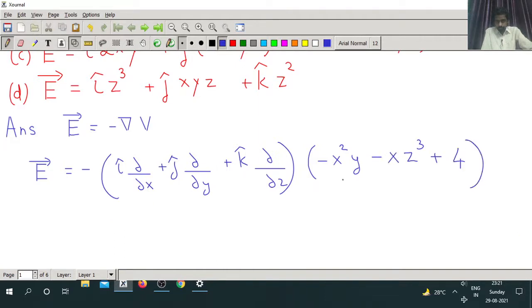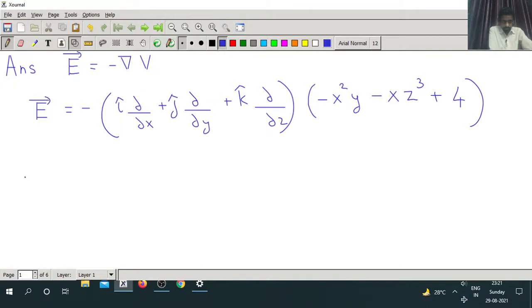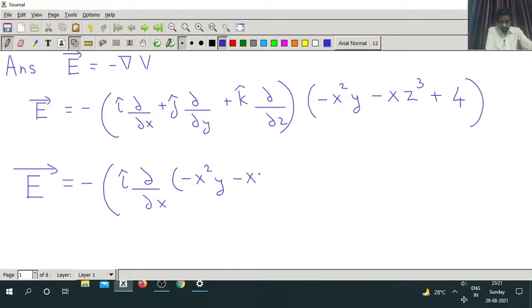Now electric potential is a scalar and electric field intensity is a vector. Now let us differentiate this equation and you will get the electric field intensity is equal to minus i into d by dx of this whole expression, that is minus x square into y minus x into z cube plus 4,